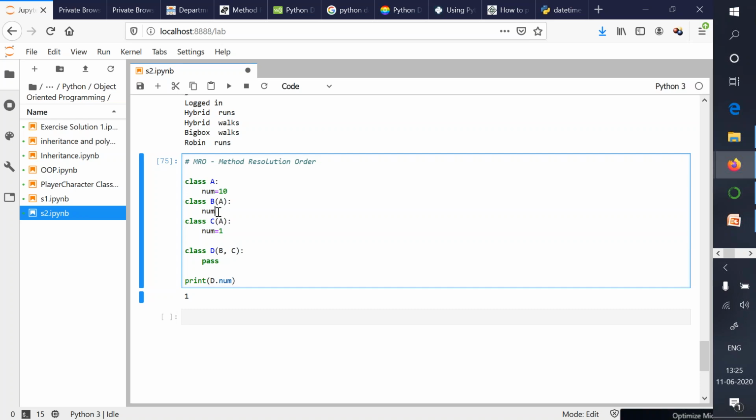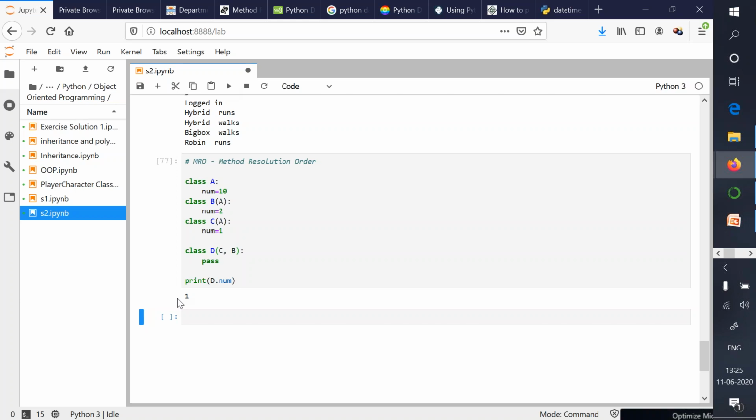Now let's say here also we have num is equal to 2, and now try to run it. What will happen? Now it is displaying 2. Now it is not taking the num value mentioned by C, rather the num value mentioned by B. But if over here I change the order, let's say class D, here I mention C and then B, you see now it is 1.